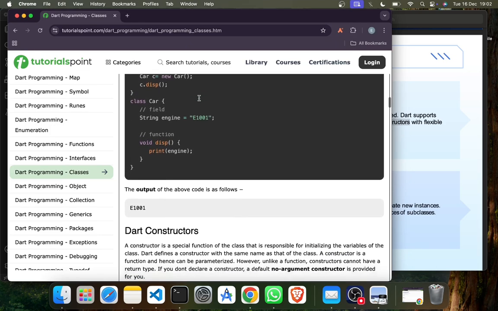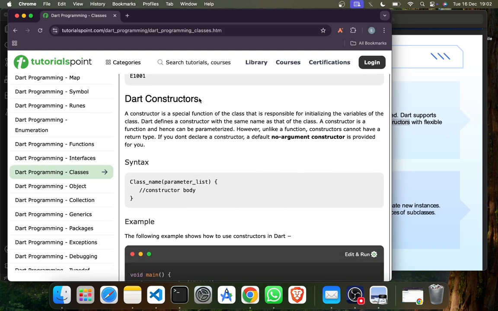So that's constructors. A constructor is a special function of the class that is responsible for initializing the variables of the class. Alright, so that defines a constructor with the same name as that of the class. A constructor is a function and hence can be